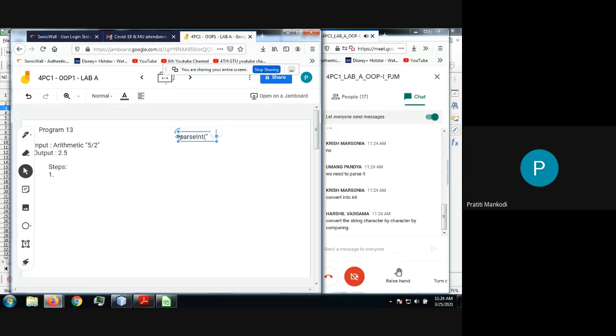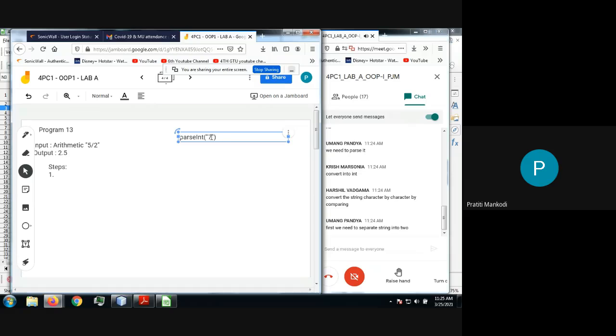parseInt and say 7. It will work only if you have 7, right? Because we have an integer as data, but it is stored in the string. So you are just migrating the integer from one bucket to another bucket. That's it, right? But ultimately that should be an integer. So directly applying parseInt, we cannot do this.